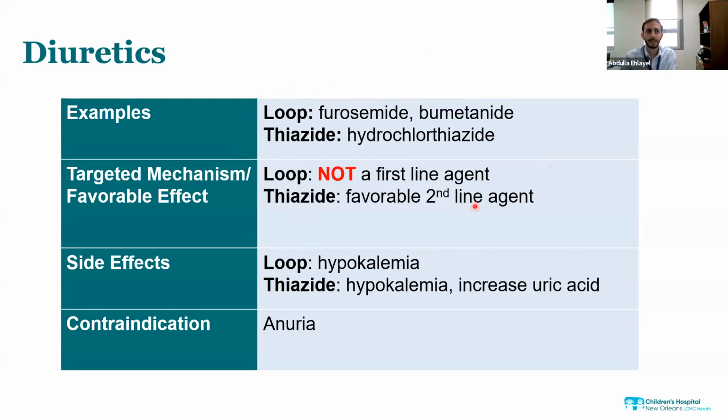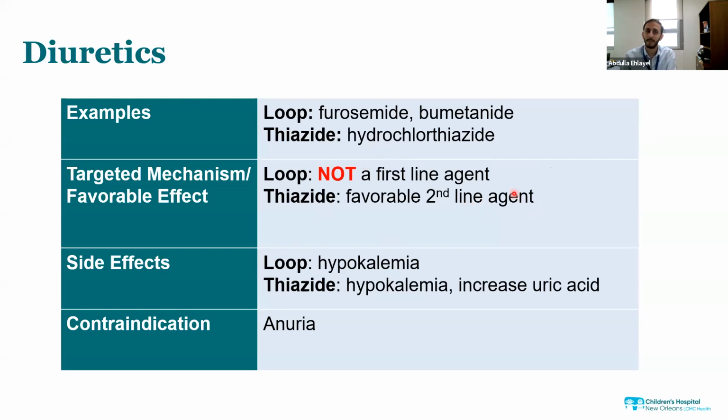And then last but not least is diuretics. The two main classes are loop diuretics and thiazides. So loop like furosemide, bumetanide, and thiazides like chlorothiazide, hydrochlorothiazide are the ones that we typically use. Usually loop diuretics we do not use as a first line agent. They may help sometimes if the patient is in the hospital and has edema from other causes, for example liver failure or heart failure. The patient has edema, loop diuretics is a good option in that situation, but usually it's not a medication that we start outpatient. Thiazides are actually favorable as a second line agent.